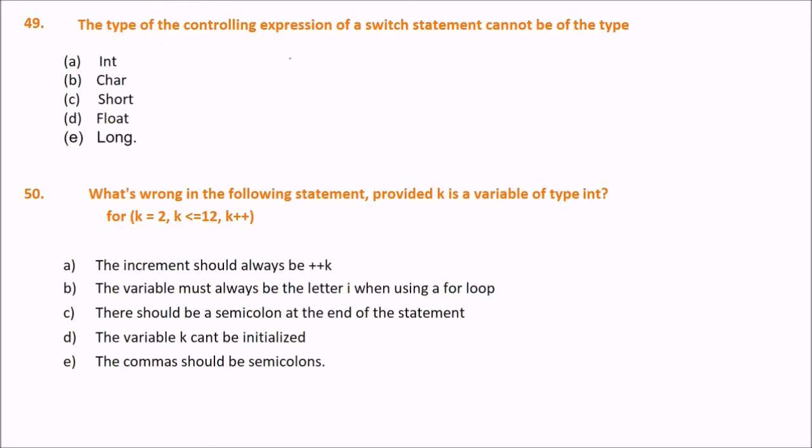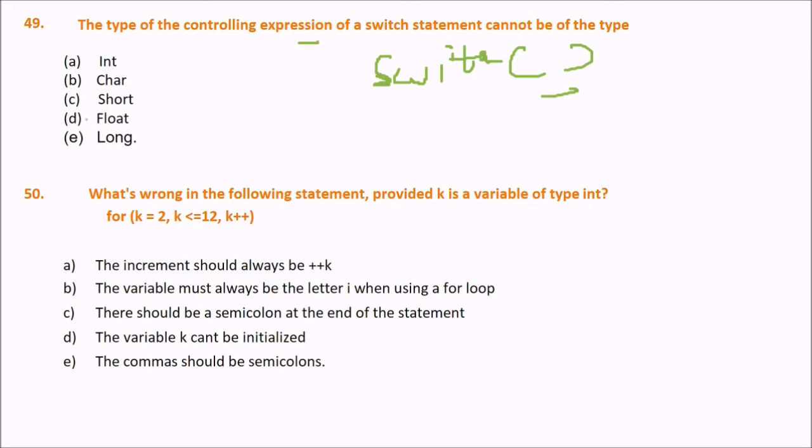Next: the type of controlling expression of a switch statement cannot be of the type what? So what is the correct answer?